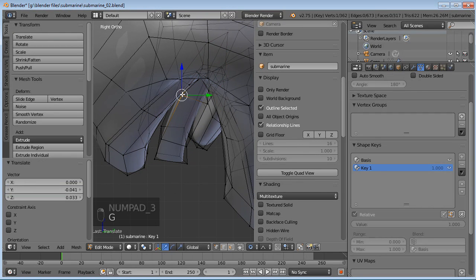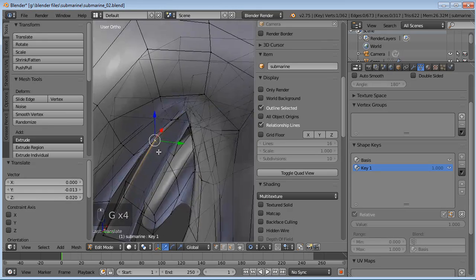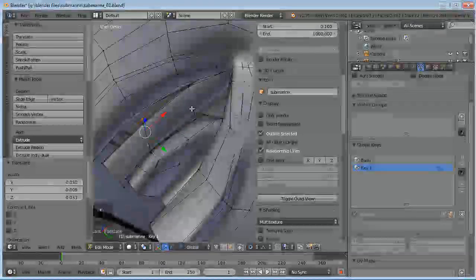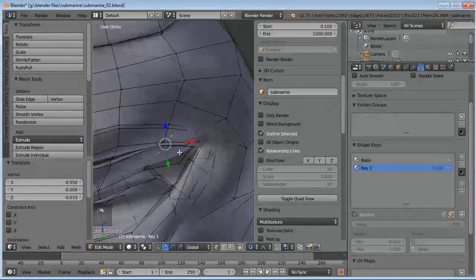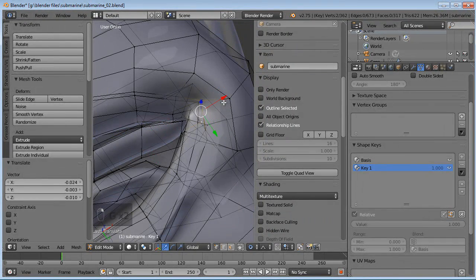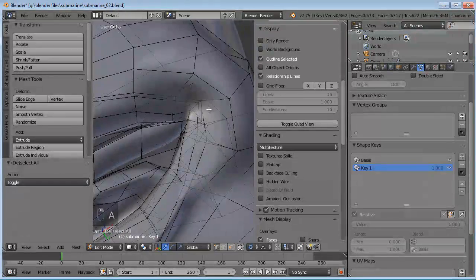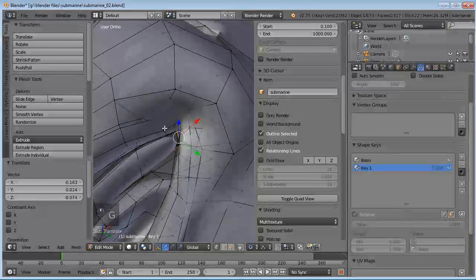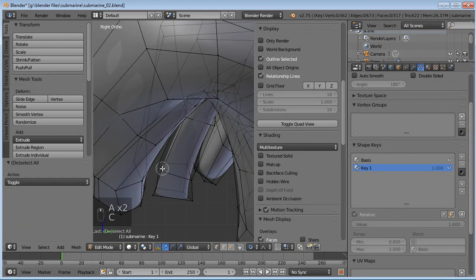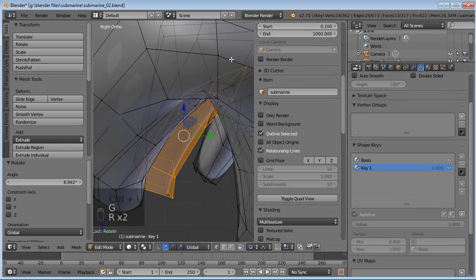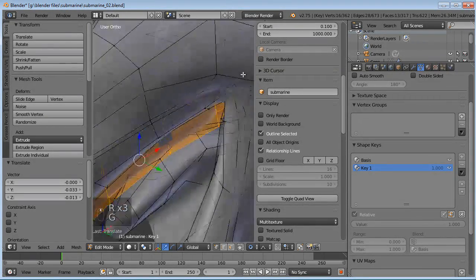And then we can just do what's called a shape propagate. What that will do is, if we have all of these vertices selected that we want to stay put, it will delete any shape keys from those particular vertices. So it helps on things that aren't going to be moving, it helps keep them in place. If I can select the right ones, there we go. So it looks like this whole thing probably needs to come up a little bit, maybe about like so.